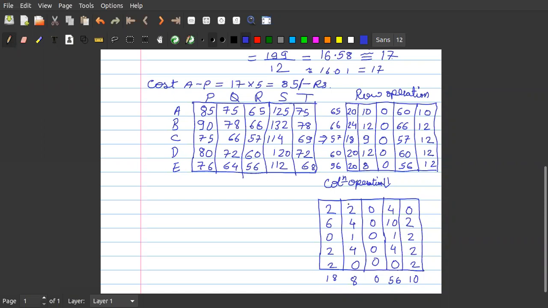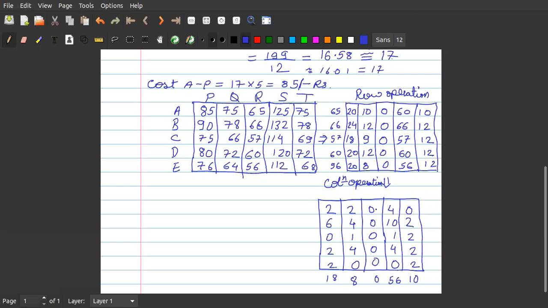If I give an allocation here, let us say if I am giving A to work on P or Q, then I will have a cost of 2 rupees extra than what we could have achieved if I would have allotted A to R or T, because for R or T there are 2 zeros. Got my point?